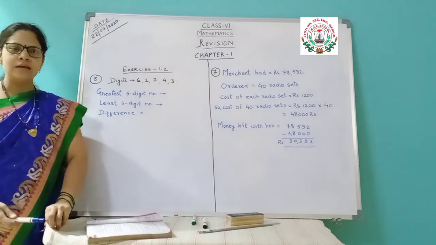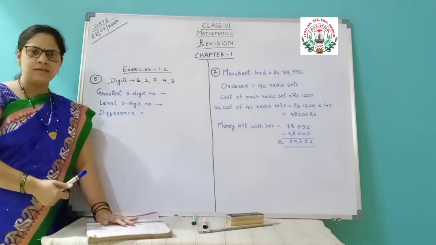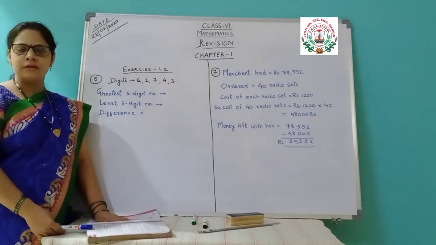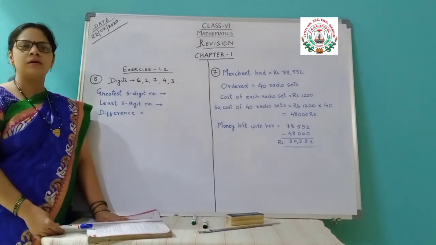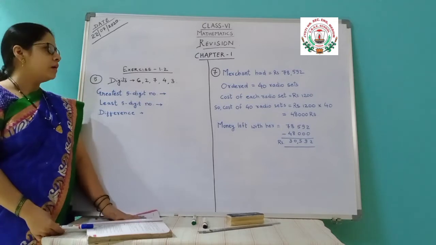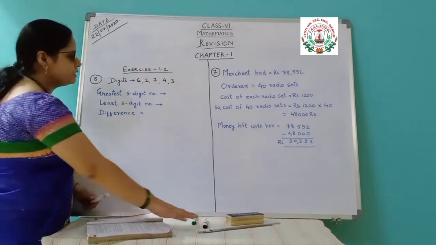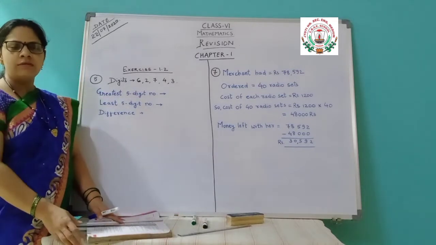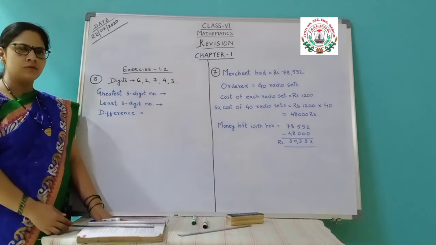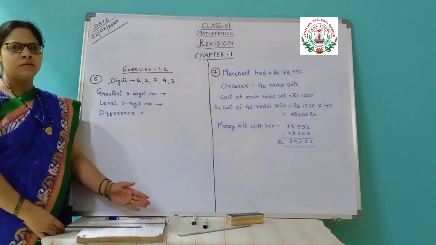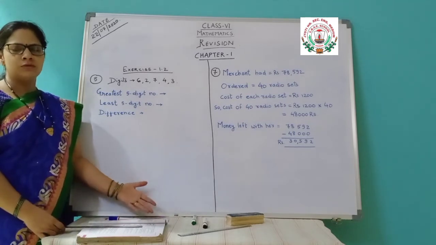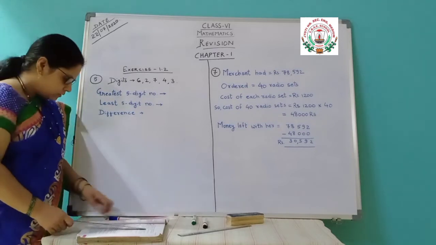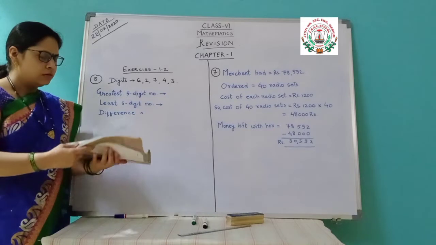Other topics like the international system of numbers, the Indian system and Roman numbers, all that we have completed, and the questions related to that also we have completed. And now exercise 1.2 was left out. Here the other questions are very simple, and in the previous classes also you have solved questions like that. Find the difference, or if this much is used, how much is left out. Questions like that are given.